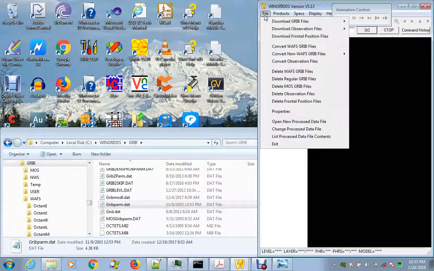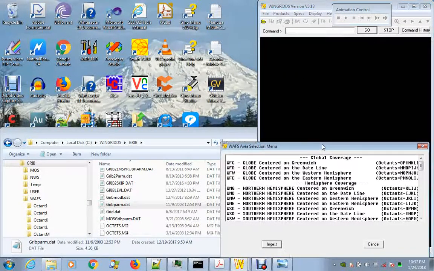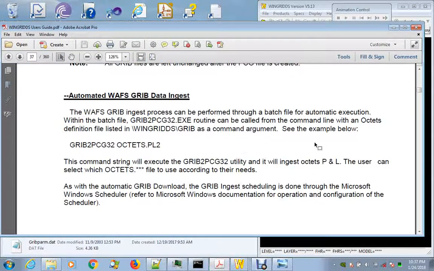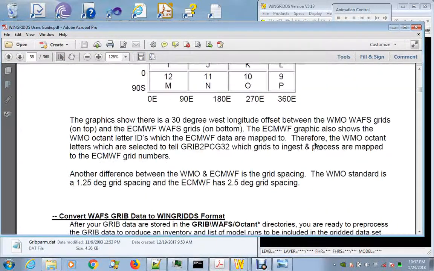Let's open up WinGrids, and since we've already downloaded the GRIB data, we're going to process it. So we want to convert WAFS GRIB files. This dialog will open up. And again, going back to the subdivisions of the Earth, scroll back up here